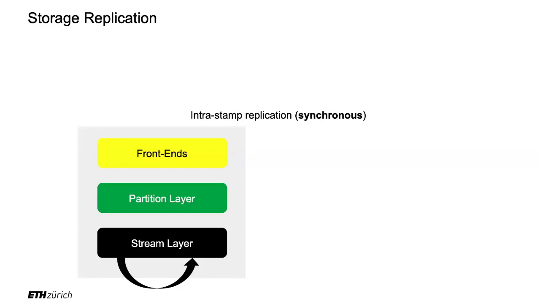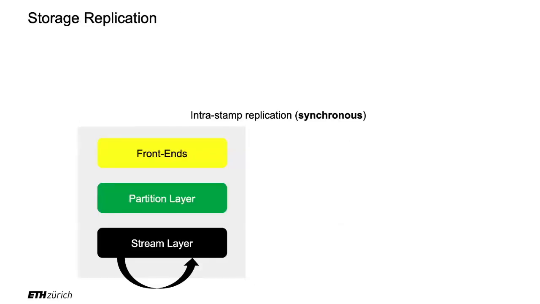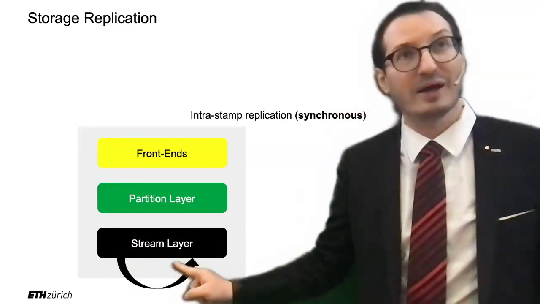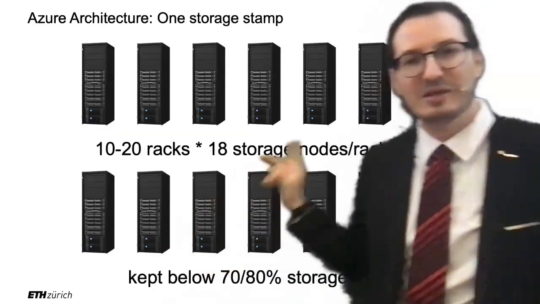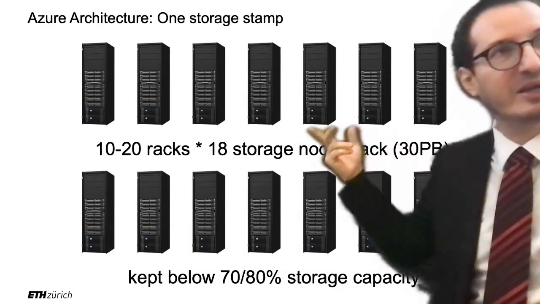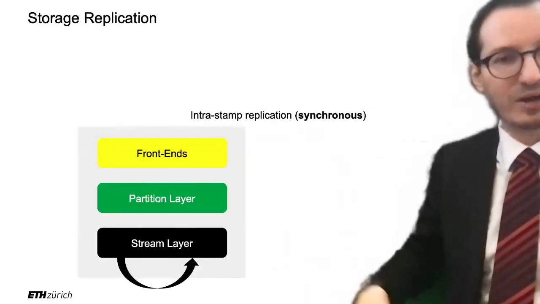Now, this is an illustration on the paper. This is an abstraction of that room right there with all the storage nodes. On the logical level, you can see it as layers. You don't need to know too much about them. But what I want to say here is that within the same room, it's called the storage stamp, you might store the same data twice or 3 times. So it means that in these 30 petabytes, maybe in fact, you can only store 15 if you duplicate everything twice, right? It's just an extra security in case one of the hard drives fails.